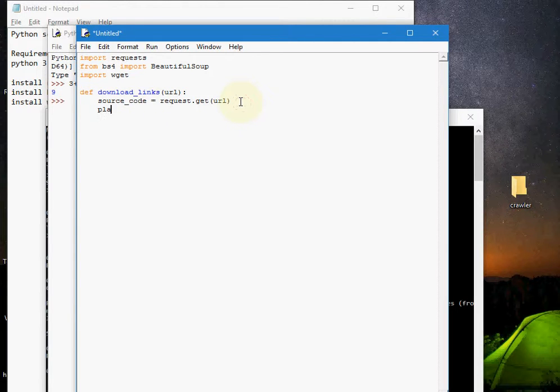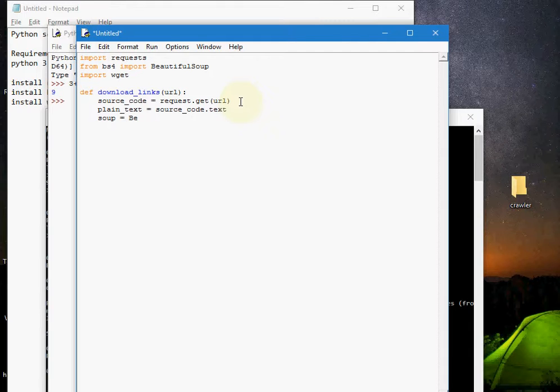Second, now we need the plain text. The first one is raw text. Now we need the plain text. So we are going to use source code dot text. Okay, now we created a text file. So next we need its plain text.